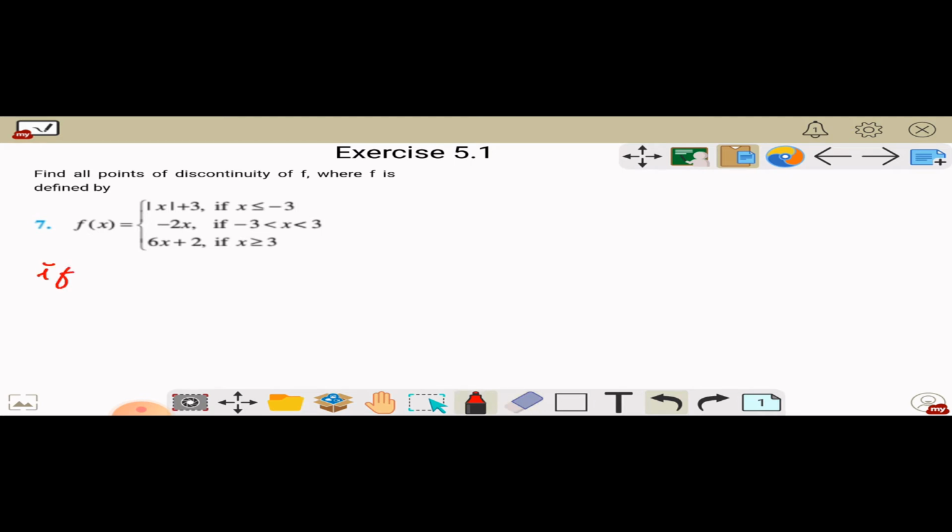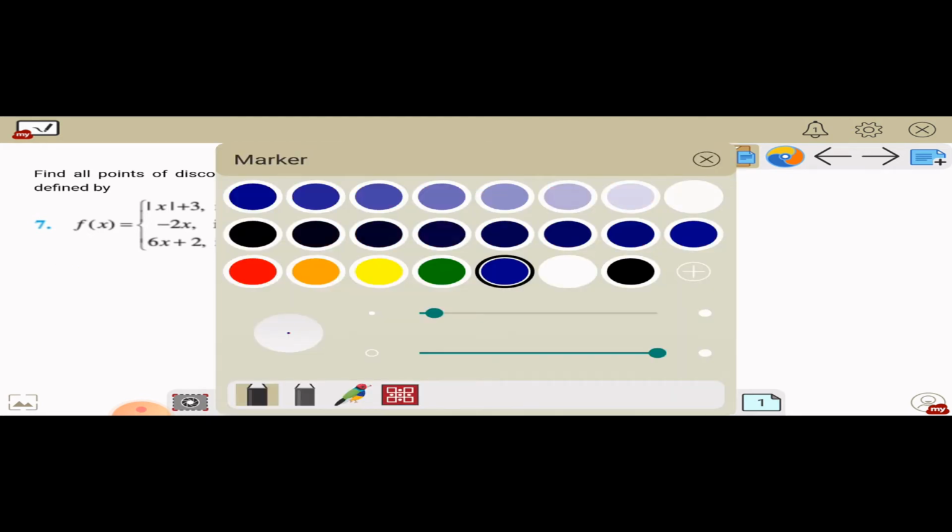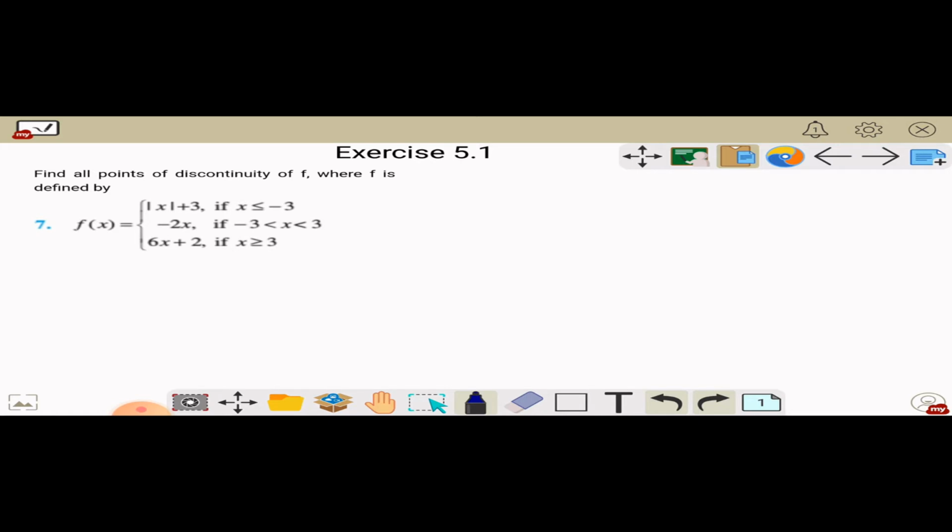So if c is the point which is less than minus 3, then f of c will be,